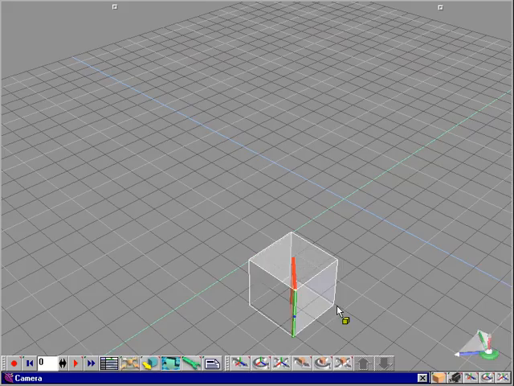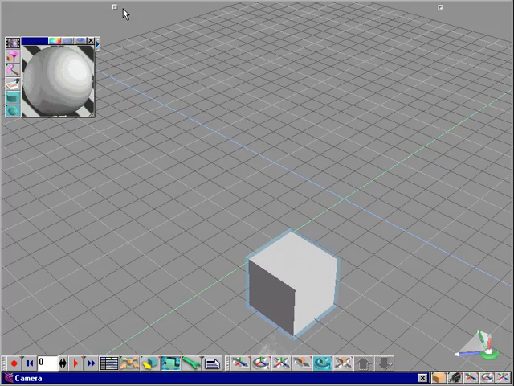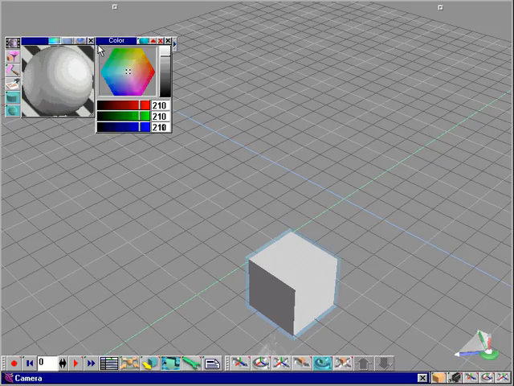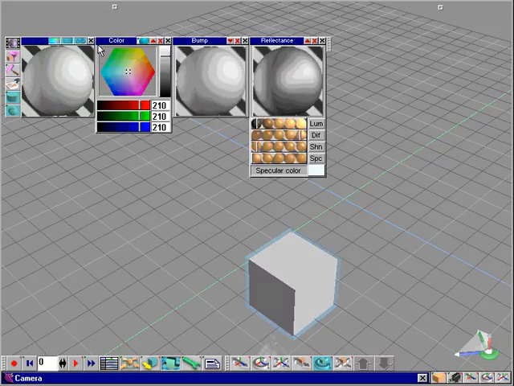Let's look at some examples of material animation. Bringing up a standard cube and bringing up the material editor with the default property. We'll first set this color to red for the base object and pretty much keep the default